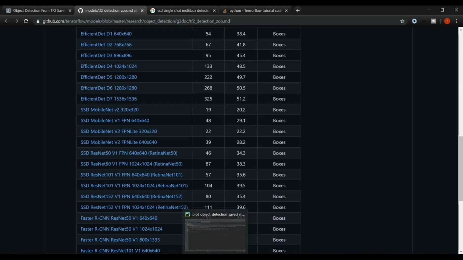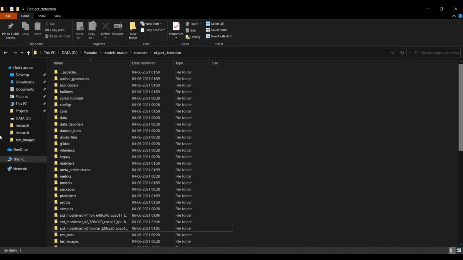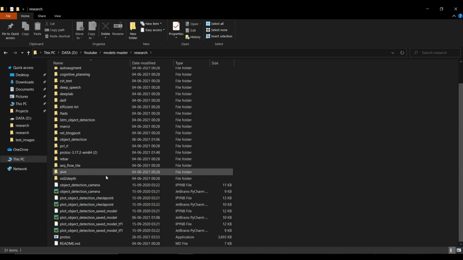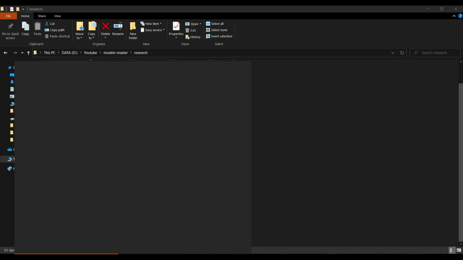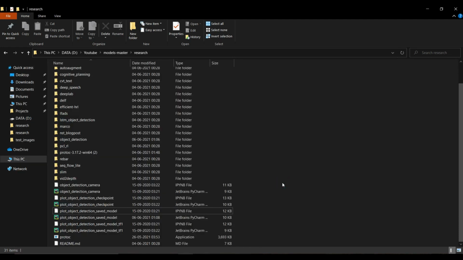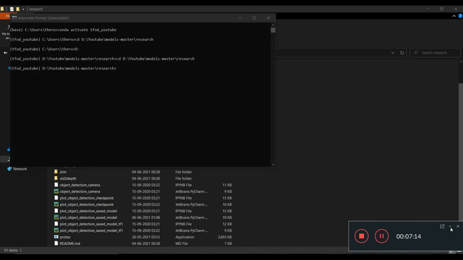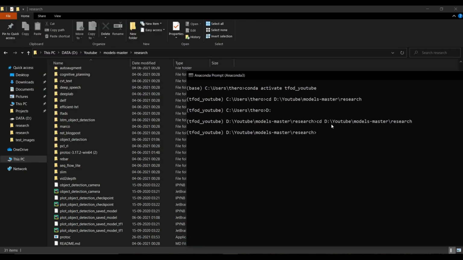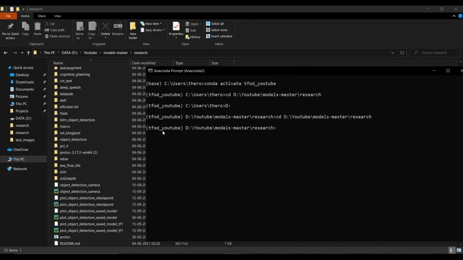Alright, so let's try on the Jupyter Notebook for images, then we will try for video and webcam. Let's complete the saved model for Jupyter. So let me now install Jupyter Notebook here. You can install Jupyter Notebook in this particular environment also. So pip install